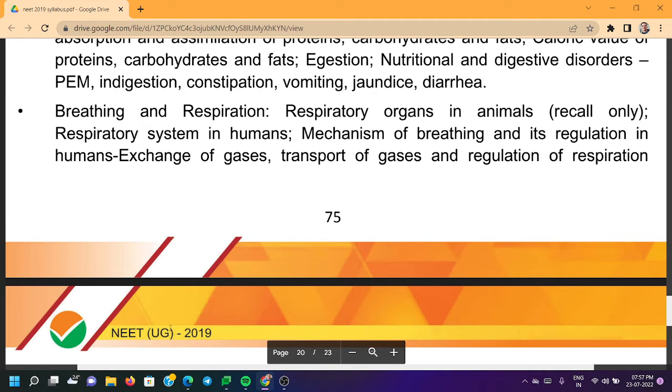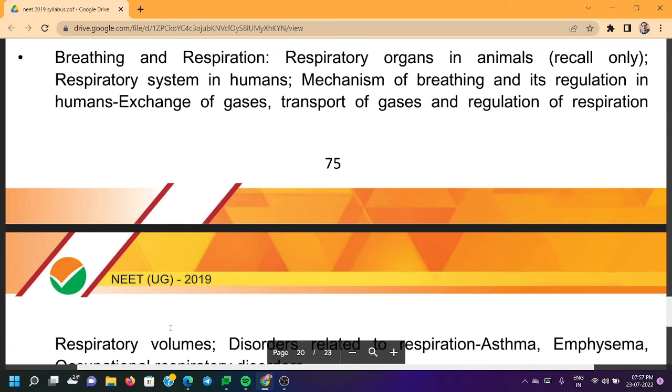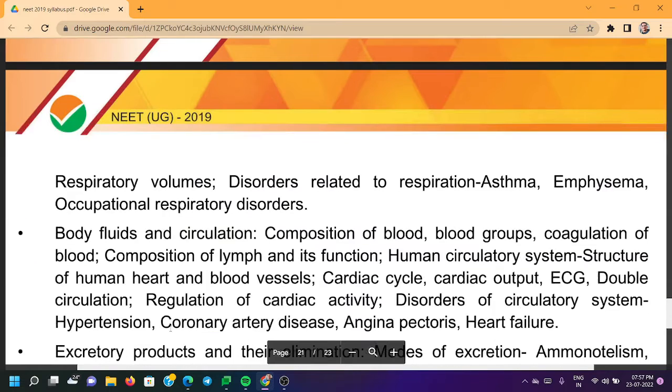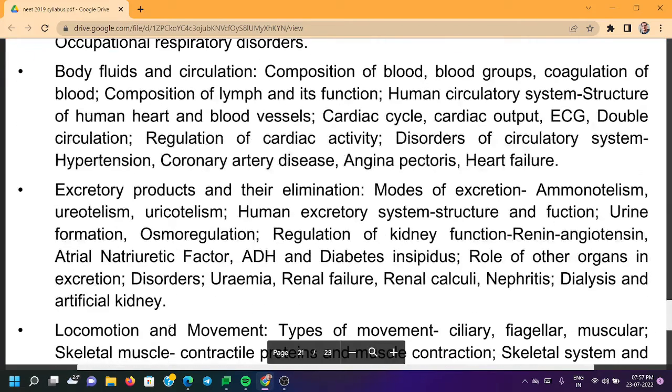system in humans, mechanism of breathing and its regulation in humans, exchange of gases, transport of gases, and regulation of respiration. Respiratory volumes, disorders related to respiration: asthma, emphysema, occupational respiratory disorders. Body fluids and circulation: composition of blood, blood groups, coagulation of blood, composition of lymph and its function. Human circulatory system, structure of human heart and blood vessels, cardiac cycle, cardiac output, ECG, double circulation, regulation